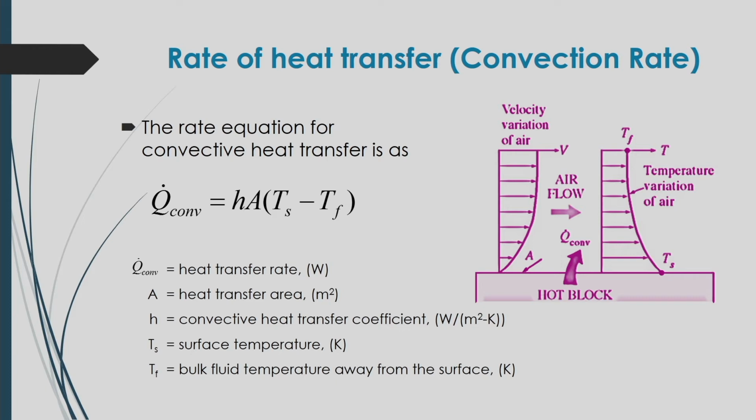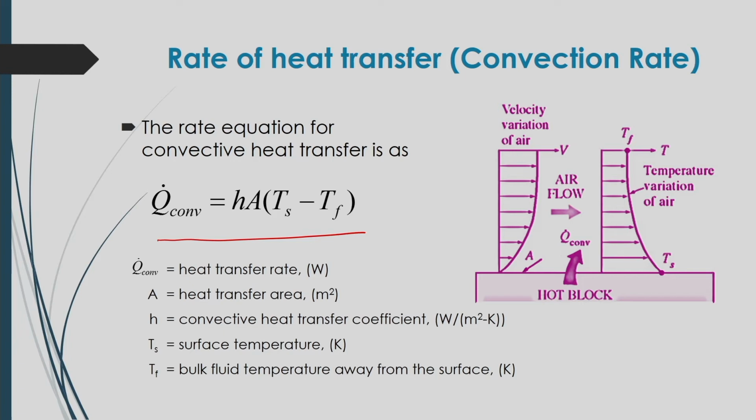Here in this case, one location will be the hot surface, another will be the fluid by which the heat will be transferred by convective mode, and this law is called Newton's law of heating or cooling, and according to that the rate of convective heat transfer can be expressed as Q dot convective equal to H A into T S